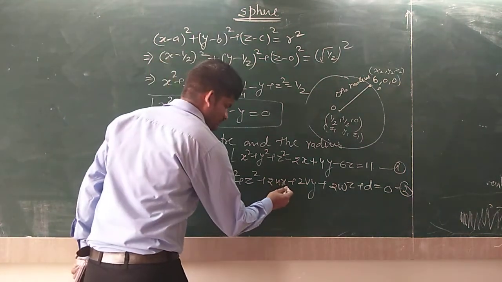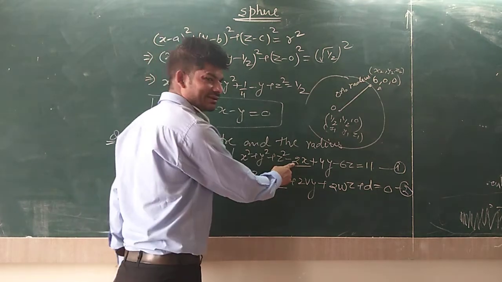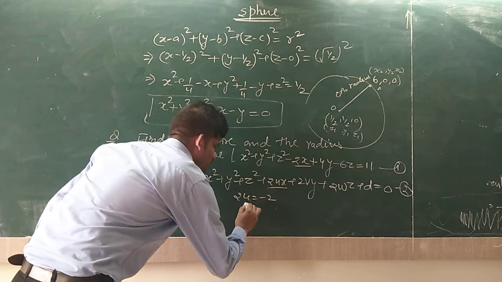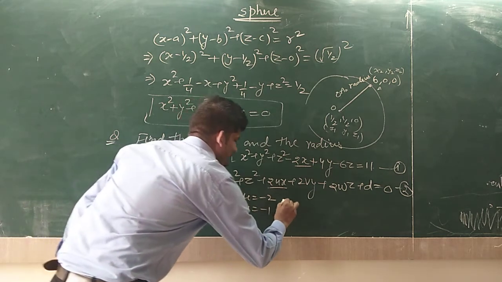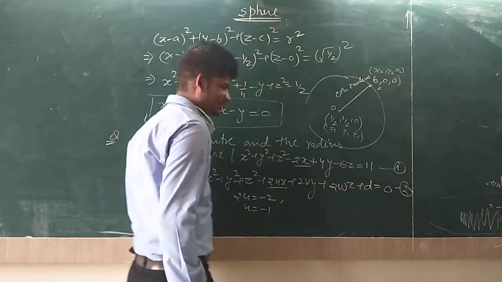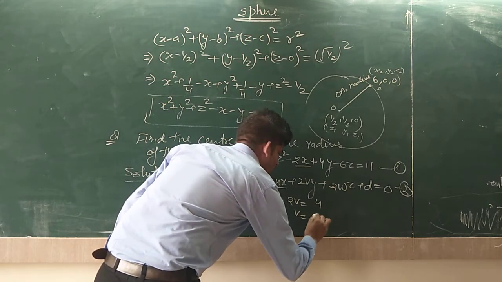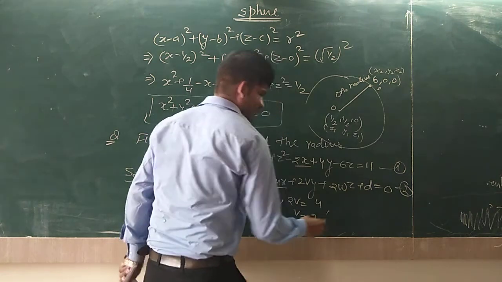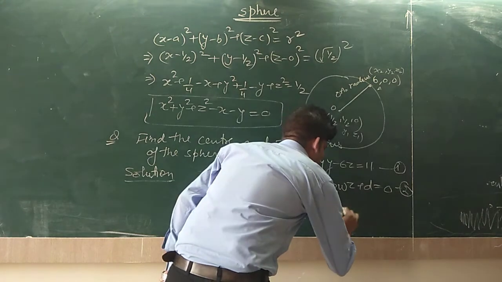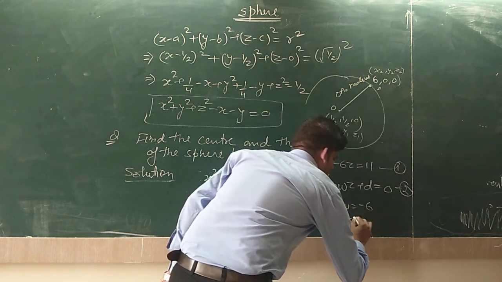Comparing, 2ux is equal to minus 2x, then 2u equal to minus 2, so u equal to minus 1, and 2vy equal to 4y, then 2v equal to 4, v equal to 2, and 2w equal to minus 6, then w equal to minus 3,